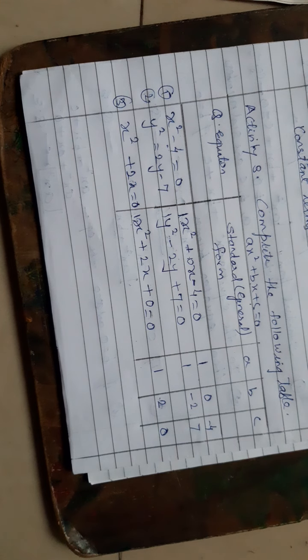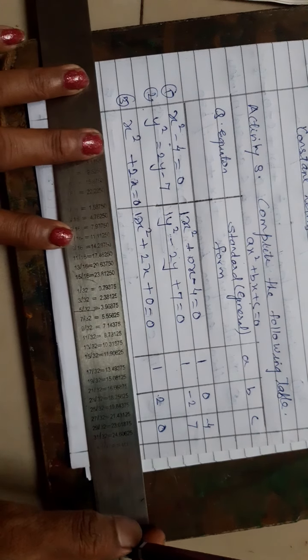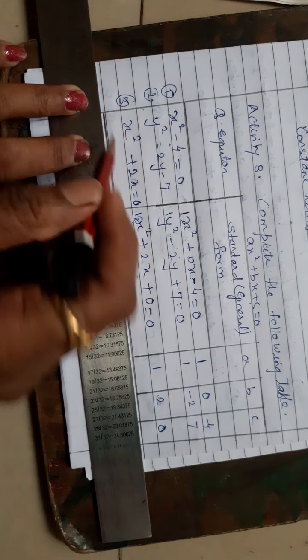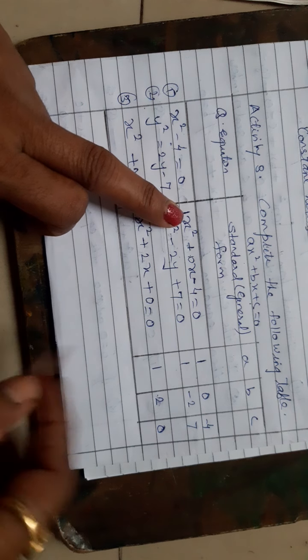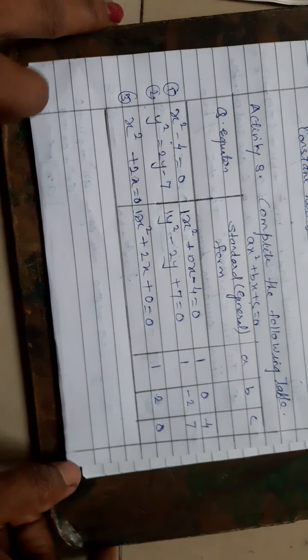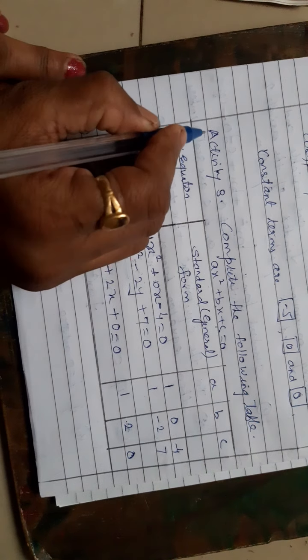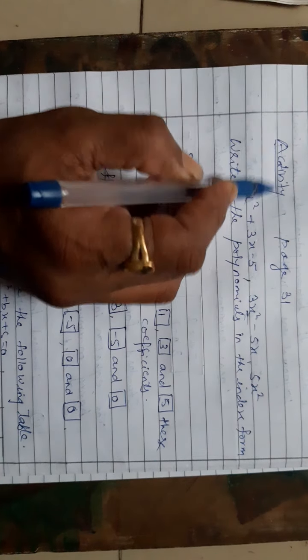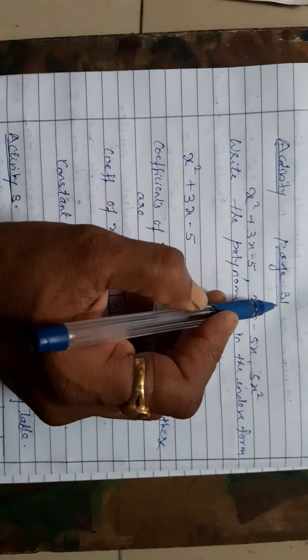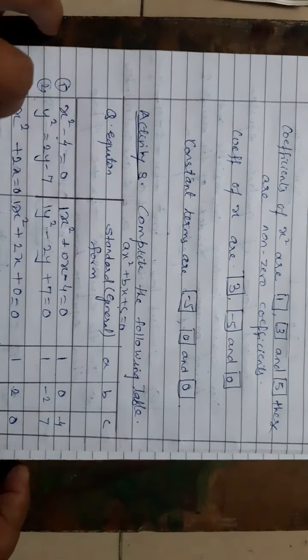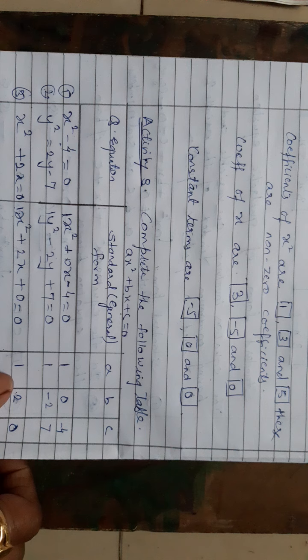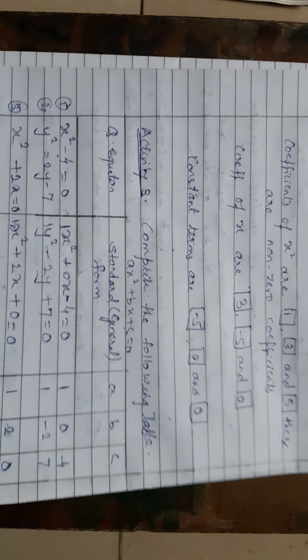In this way we have completed the activity. What you have written here is that you have made the standard form of the given equation, that is the quadratic equation, and then written all the coefficients of x square, x, and then the constant value. In this way we have completed activity number 3. All activities you have to do in your book, because activities are for 2 marks and 3 marks. This activity is given on textbook page number 3. So here we have completed the first point, the standard form of quadratic equation. Now before proceeding to the next type, we will do some sums from practice set 2.1.